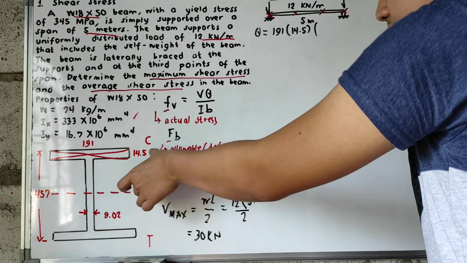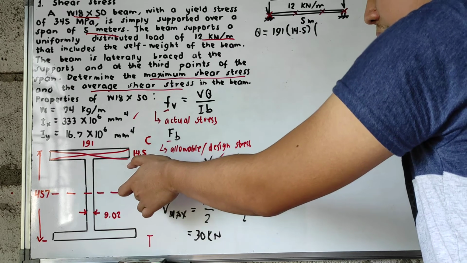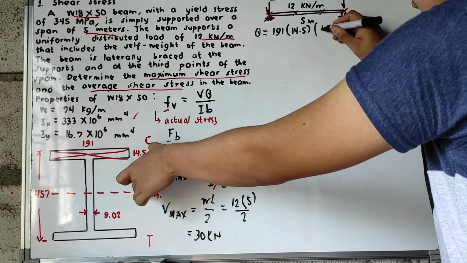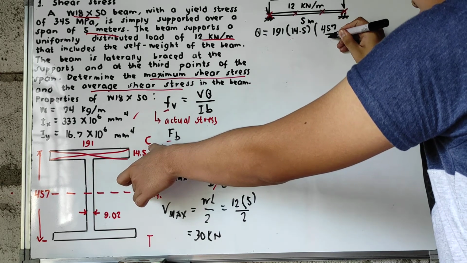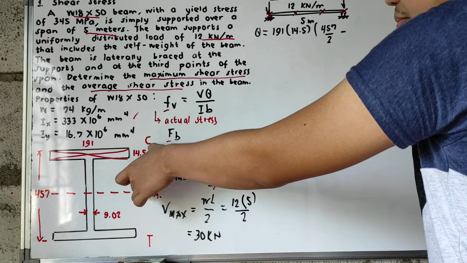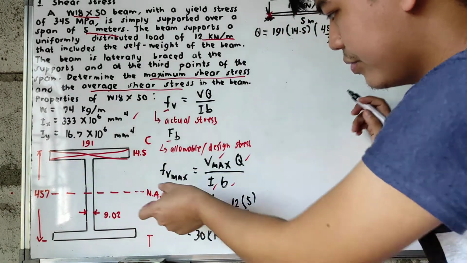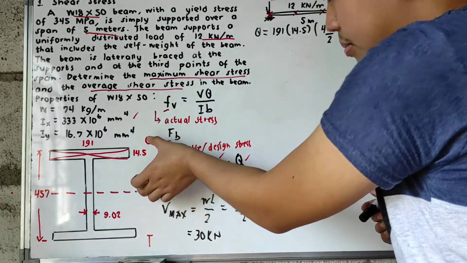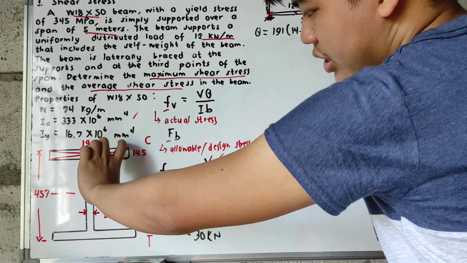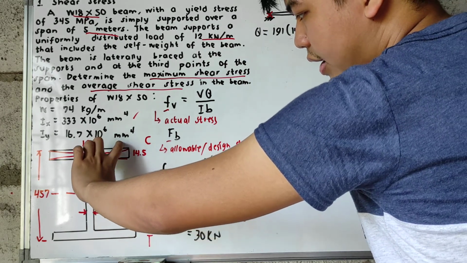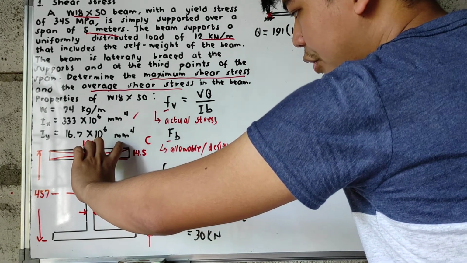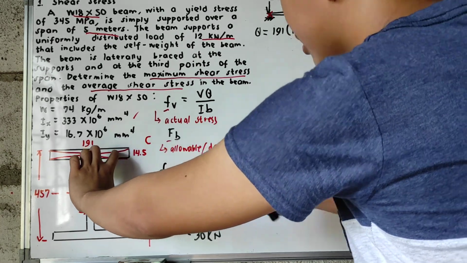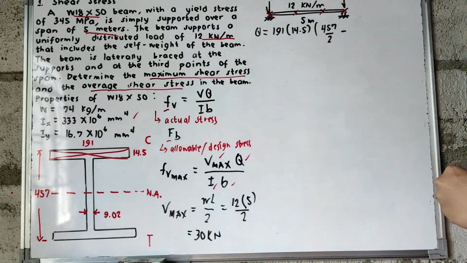So yung kalahati from the neutral axis to the top fiber, so yung location niyan, that is 557 divided by 2 minus, siyempre, yung, so nakuha natin yung distance from the neutral axis to the top fiber of your flange minus yung centroid ng top section natin with respect dun sa top. So that is 14.5